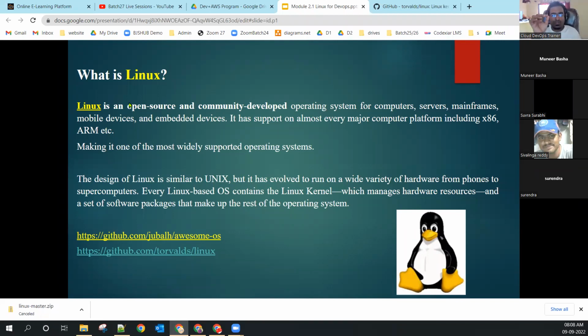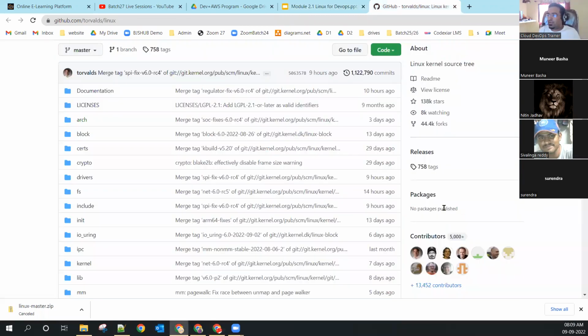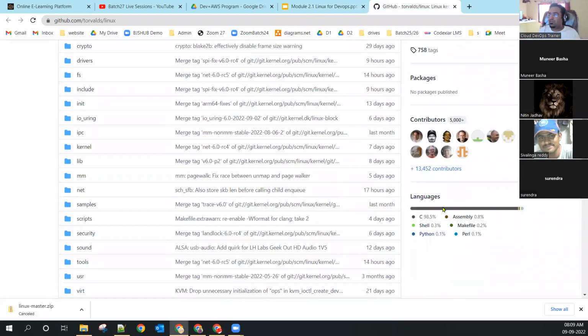Now you get the answer. What is open source? Yes or no? Yes, Vikas. Good. Community developed. If you are downloading the code, doing the changes, giving the changes back, then you will be a part of the community. If you do it, your name will also be in this place. One person will get added and you will become a contributor. Yes, you can do it if you want. But knowledge of C will be required. If you have good C knowledge, yes, you can do it. It's a very high-level, very tough thing I'm telling, but that is possible. That's the beauty of open source.